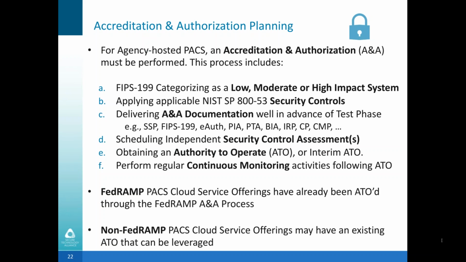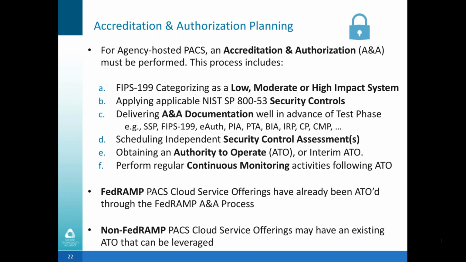What that entails is categorizing the system as either a low, moderate, or high impact system, applying NIST SP 800-53 security controls that match the categorization, delivering a slew of documentation that has to be done well in advance